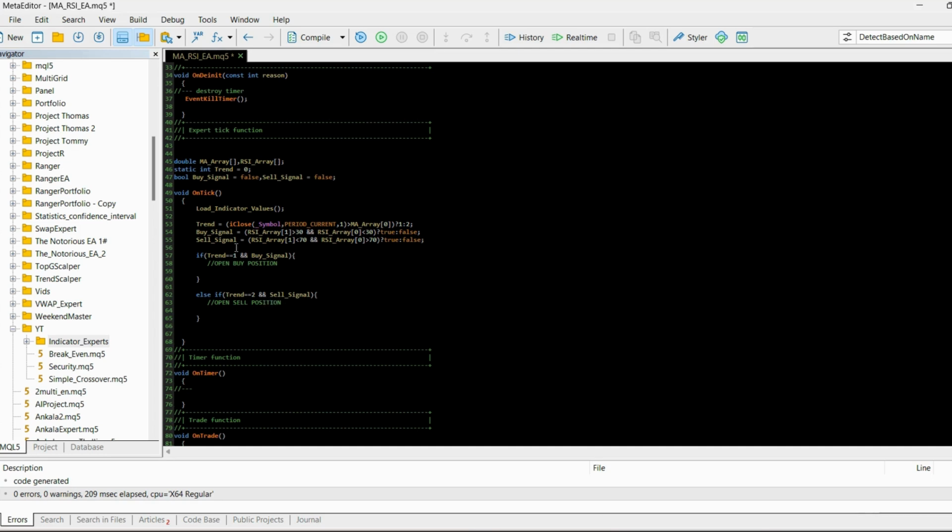Okay, so this is our very simple if else statement, and now let's make it more complex and adjustable for